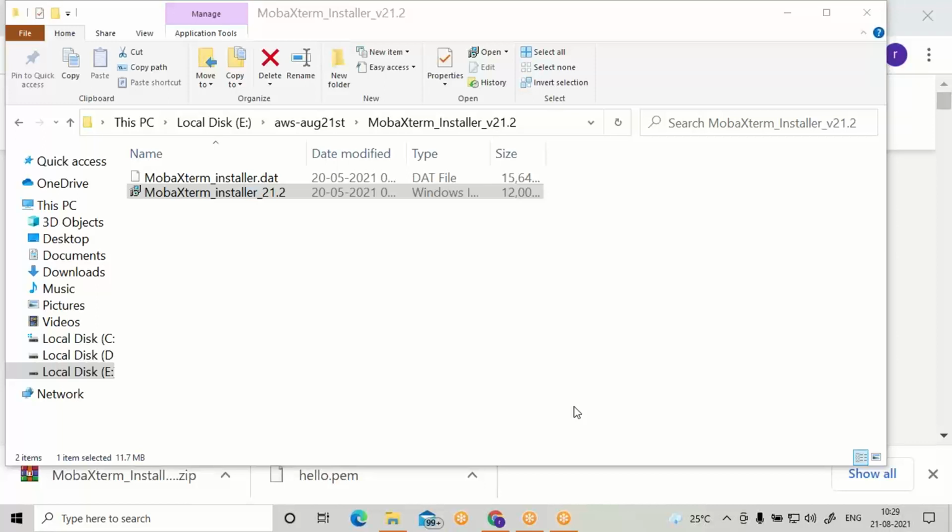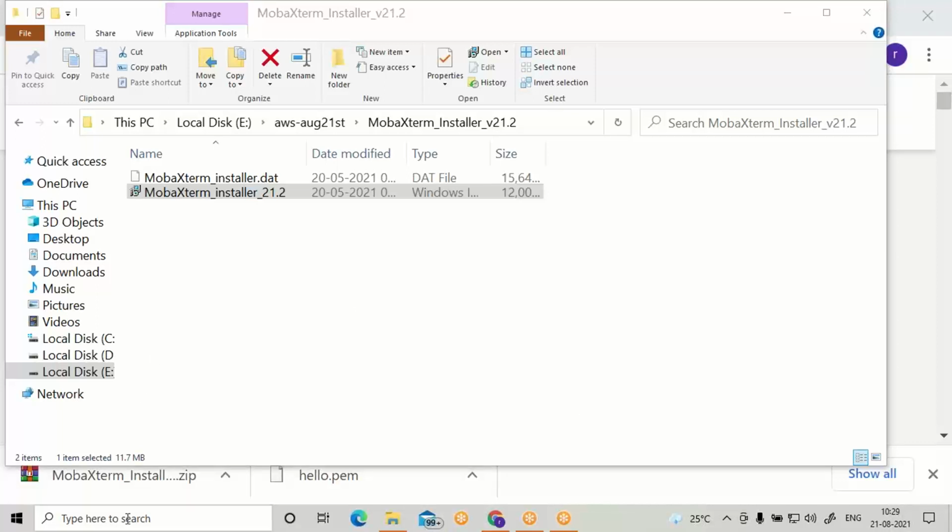Finish. It's very simple software. Installation is very simple, and even usage is very simple. By using this software only, we can connect to the EC2 instance which we have created.